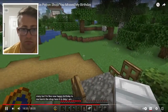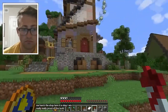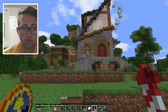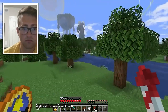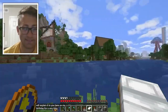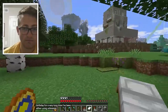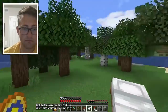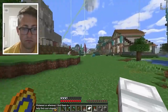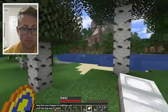I am really, really proud of this build, and you will wonder why. Why, since it's so stupid, would you be so proud of it? And I will explain it to you here on my birthday. For a very long time, I've been either using reference images of art on Pinterest or wherever I find them to help find cool shapes for buildings and stuff like that. And if I didn't do that...